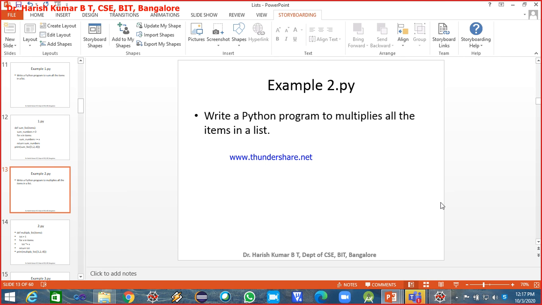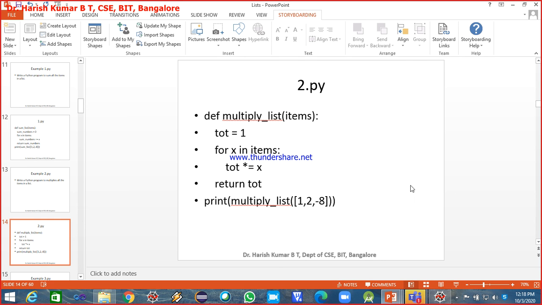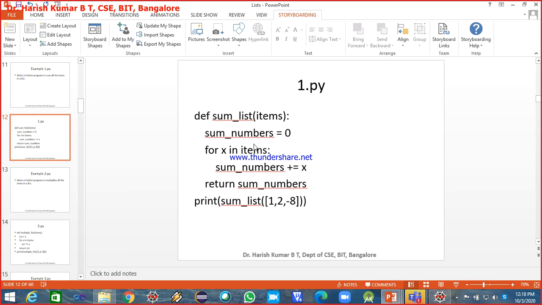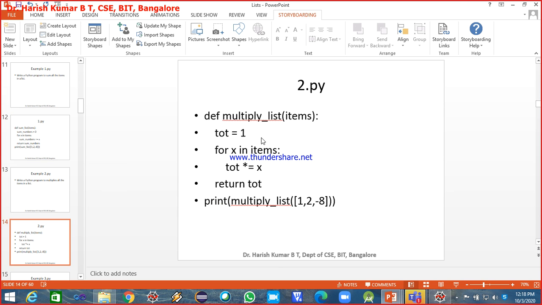So write a Python program to multiply all the items in a list. Easy. So you can do it like this. So again I'm calling the same list, multiply. So total is equal to 1. But in sum I initialize sum is equal to 0. So when you're multiplying, you got to initialize the variable to 1, because if you initialize this to 0, 0 into anything is 0. The whole product will become 0. So for that reason, we're initializing total is equal to 1, and then finding the